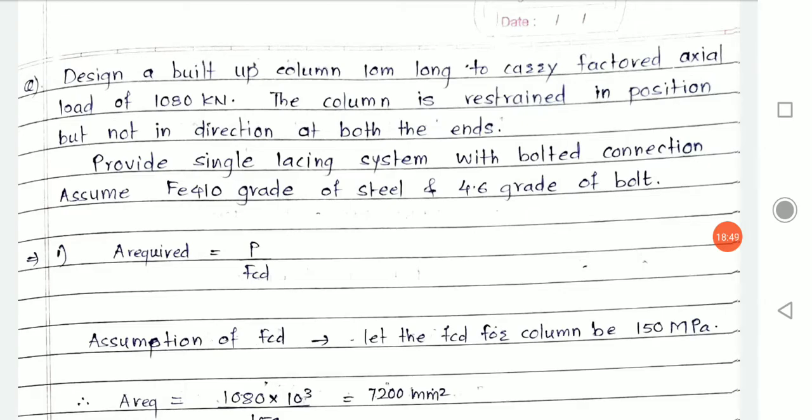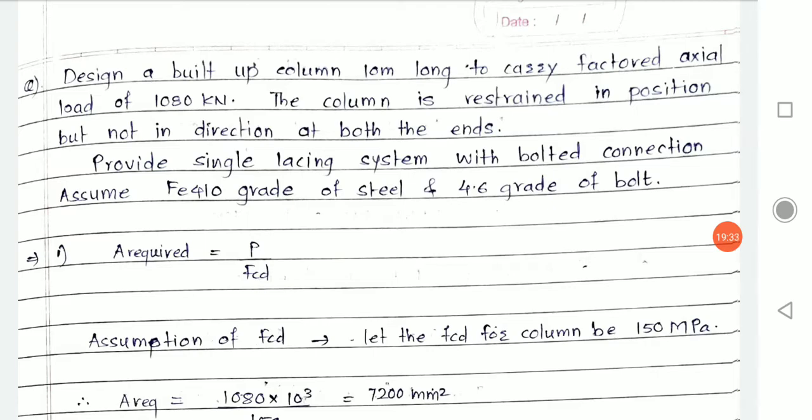Okay, so they said the end condition of this column is restrained in position but not in direction at both the ends. What does that mean? They have restrained the horizontal deformation but not the direction. Not the direction means rotation is allowed. For this condition, I hope you remember the K value. The K value is mentioned in Table 11 of the IS code, page number 44. So go through it, learn the conditions, try to remember them, otherwise the IS code is there to help you with those values. For this condition, horizontal displacement is restrained but rotation is allowed,